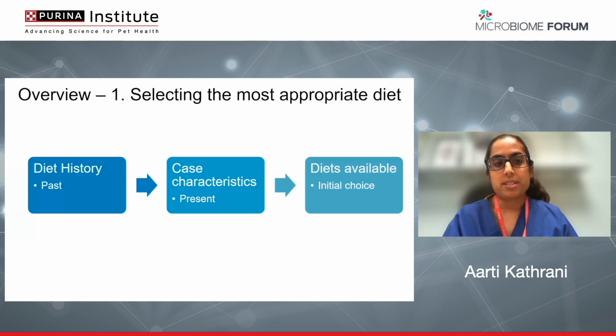And this is important because you want to correlate what different strategies have been used in the different diets in the past and what response that's had. So what's helped or what's hindered. And that will allow you to determine what strategies are left to try or what strategies should be prioritized based on the response. And then we look at the case characteristics, or what the dog or cat is doing presently,